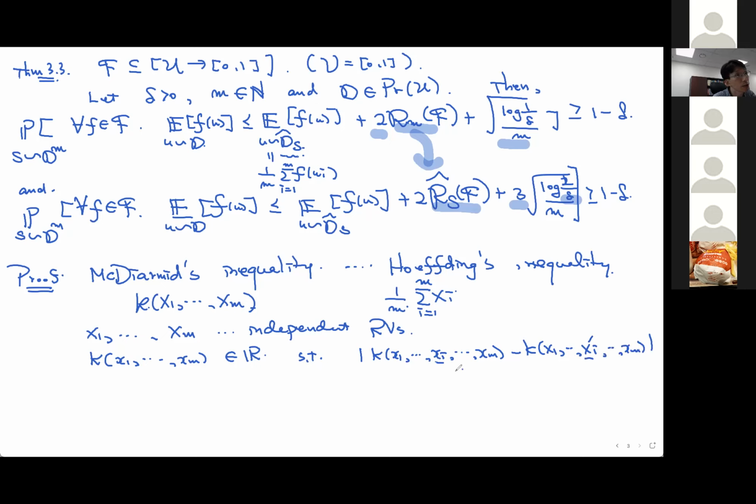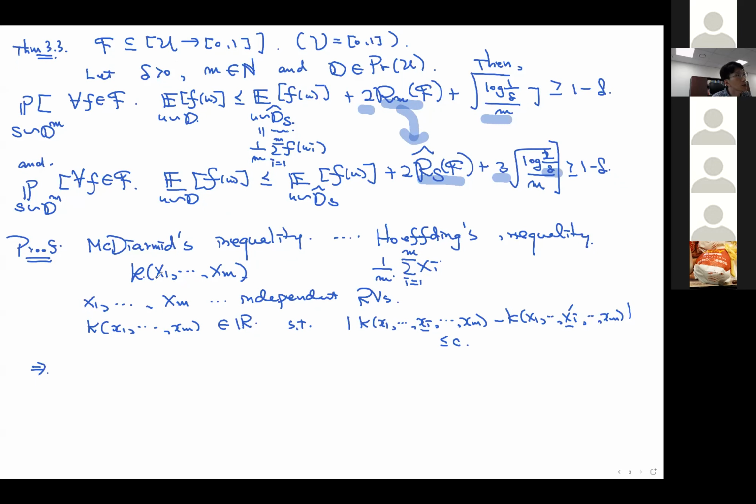And they are going to be bounded by some quantity c. So in that case, this McDiarmid inequality says, can we say something about the function k applied to independent random variables x1 up to xm, and their expectation? And we said, actually, we can say something. The probability that this random quantity k(x1, ..., xm) deviates a lot from its expectation